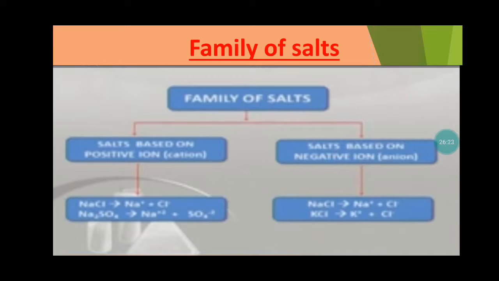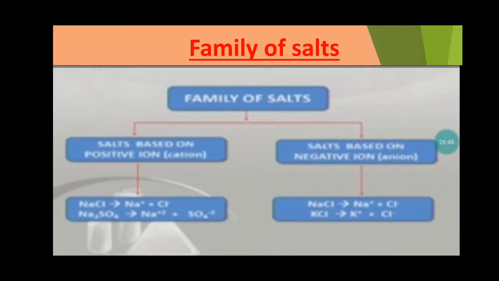it means when we dissolve NaCl in water, it dissociates into its ions. The first ion is the Na+ ion. What is this ion? It is a positive ion. It is also called a cation. What is the other ion? Cl-. It is an anion. It has a negative sign.